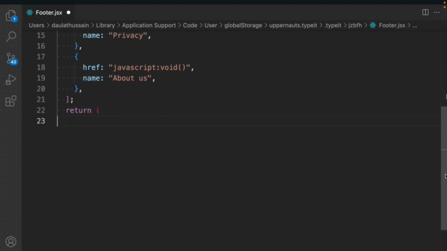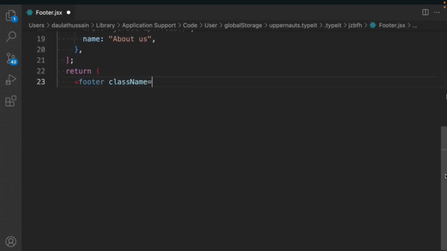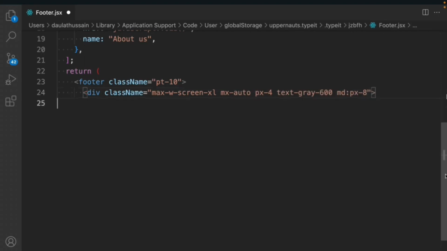So what are we going to do? We're going to take this footer tag, and we will have this class. Let's assign the classes. So padding top is going to be 10, so we'll have some space from the top, and we'll have this div. It will have a class called max-w-screen-xl, mx-auto, py, px-4, text-gray-600. On the medium devices, px is going to be 8. Inside that, we're going to take another div. It will have a class called justify-between. On the small screen, we will have this flex,